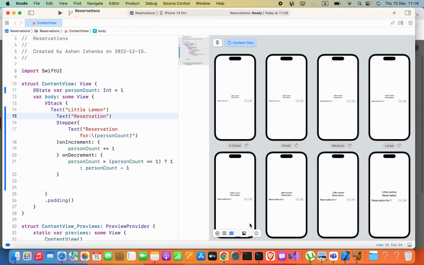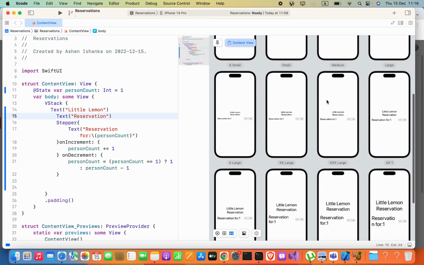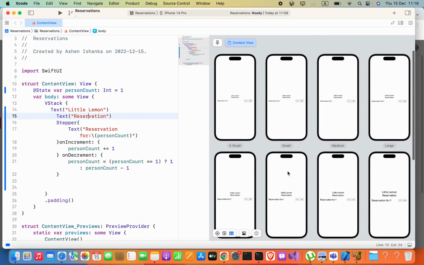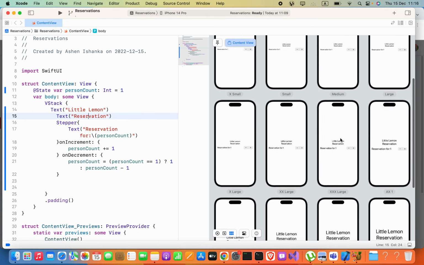variants. You can see the dynamic type shows the device with varying size of fonts. The font sizes are different in each variety. Okay,